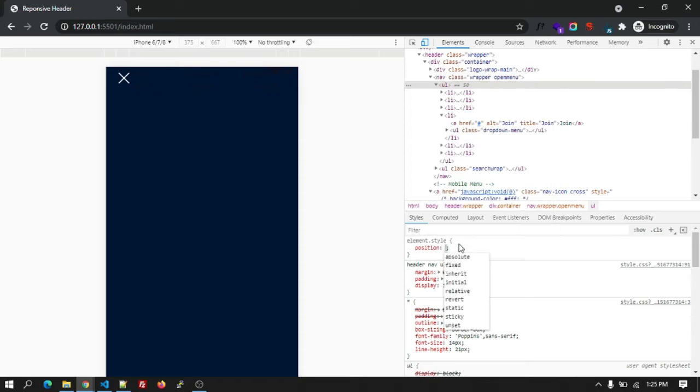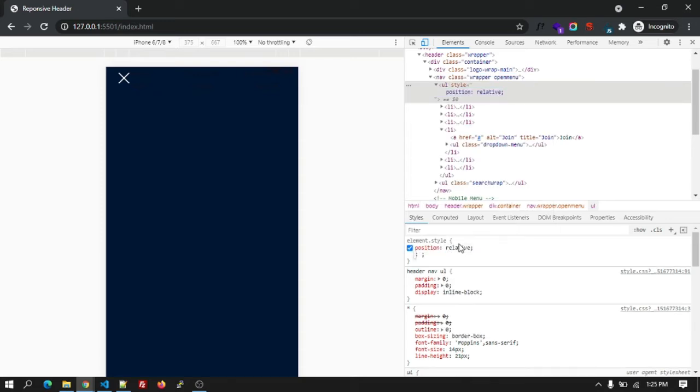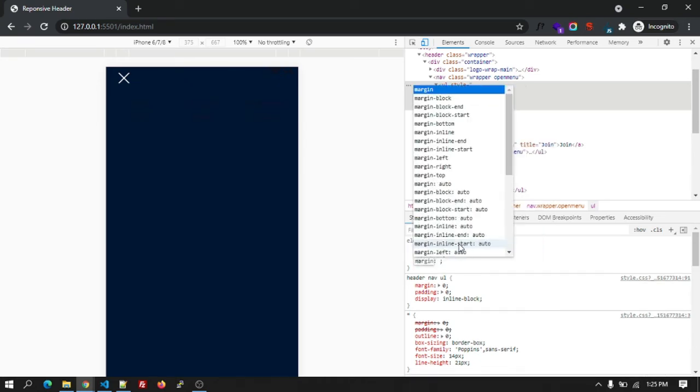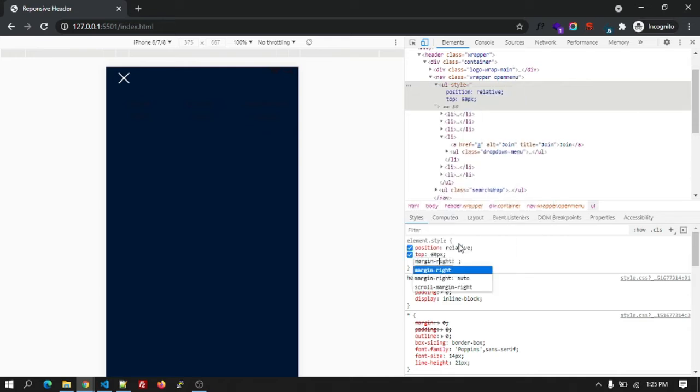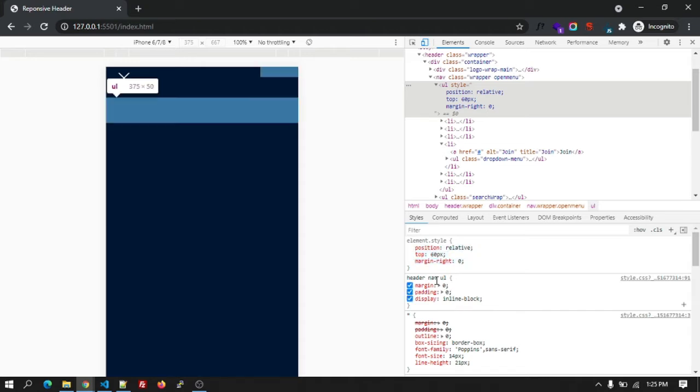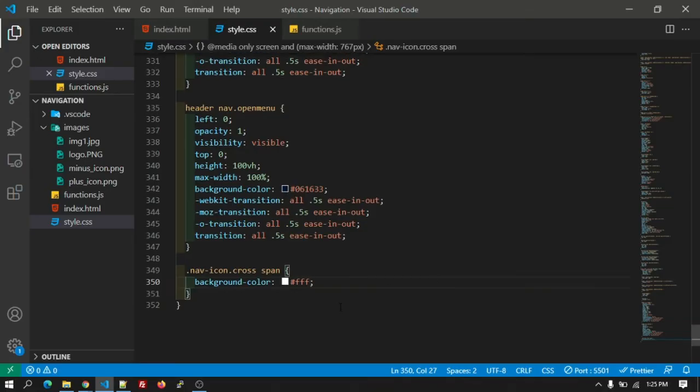First, for example, position relative, top 60 pixel, margin right 0. Okay, let's copy this. Let's copy the class first, header nav UL.